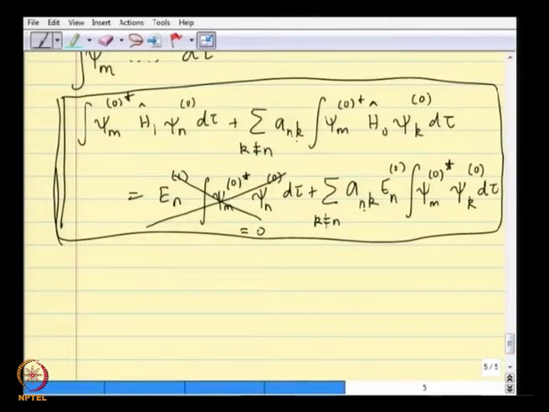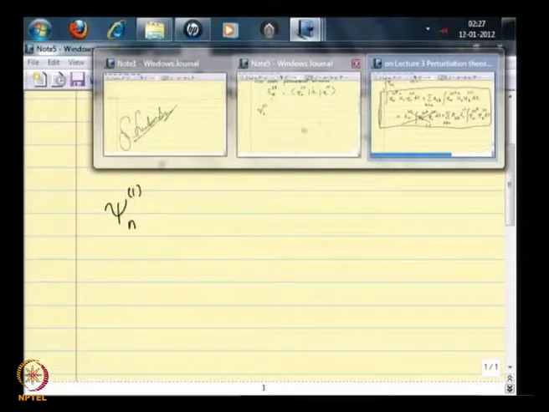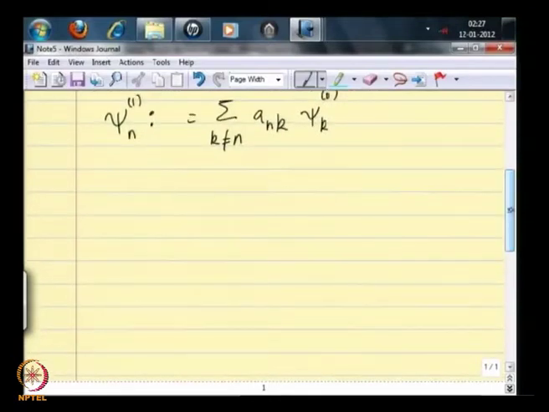Okay. So, for that purpose, we will start with a new screen. This is our current lecture. So, we wanted to calculate psi n1 and we had used this sum of a n k, k not equal to n, psi k0, and then we have this equation, namely